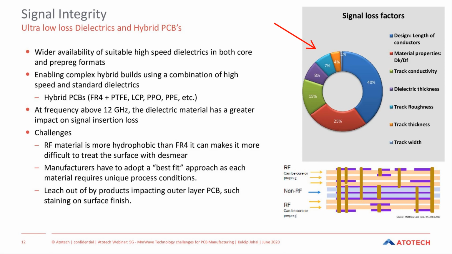And one of the key things we can see is that the industry itself is starting to use what I call low loss, ultra low loss materials. But one of the challenges we've seen with ultra low loss is the cost factor. So OEMs are building the products, telling the customers to build with a mixture of dielectrics. You will have a low loss dielectric on the top, and you will have standard FR4